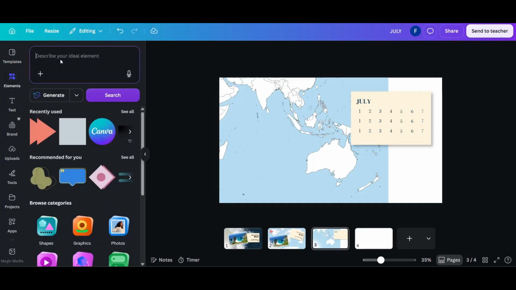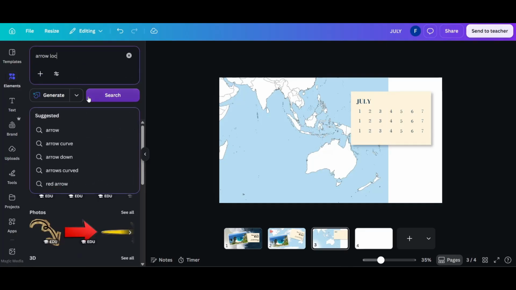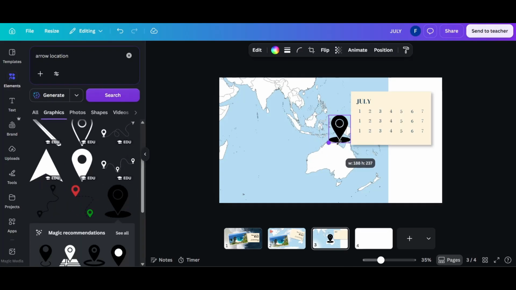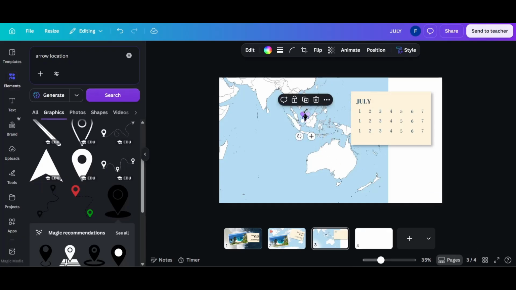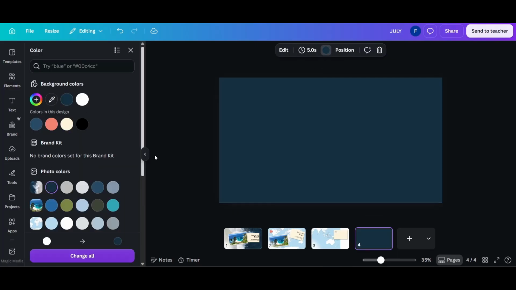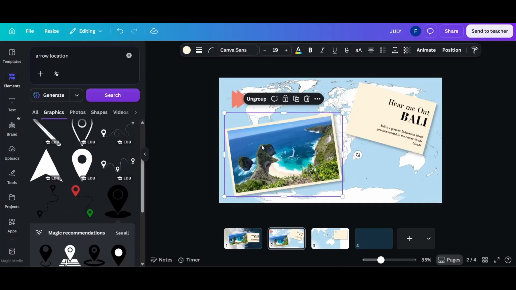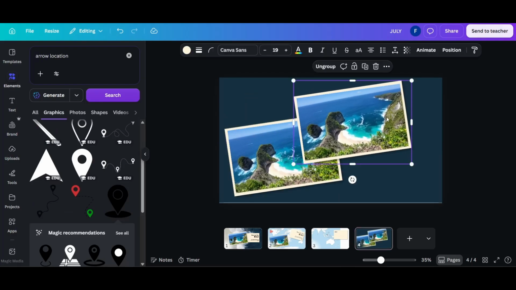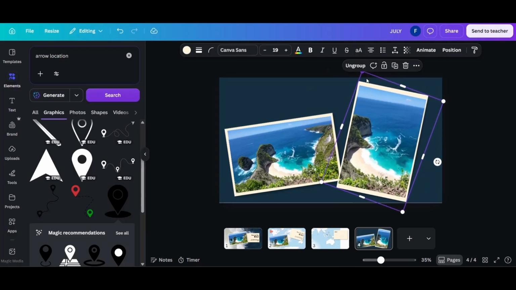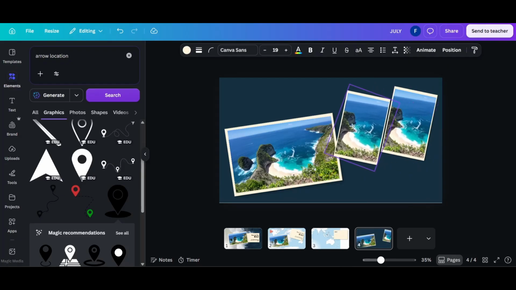The next thing that I need to do is go to elements, and from here I'm just gonna search for arrow location, and we will find a free location arrow that I'm just gonna put on whatever the location I have with me, and I'm just gonna put it on that, and I'm gonna make sure that I change the color. Next I'm gonna go to the new slide that I had added, change its background to a dark color, add images from the other templates that I had, and I'm just gonna put it inside, and I'm gonna make sure that I increase their size like this,